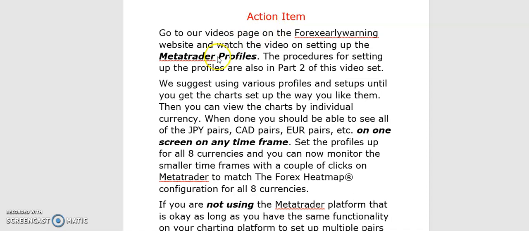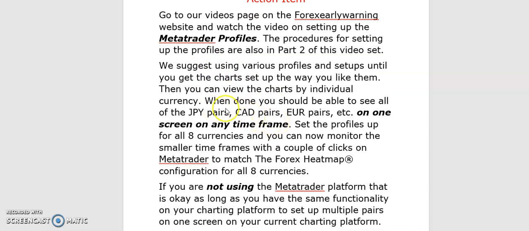So here's your action item. Set up the Metatrader profiles by individual currency for the small time frames and the large time frames for all the currencies. You can go to the video on our website about setting up the Metatrader profiles, or you can just continue to watch this video and we'll show you how to do it. We've already shown you some examples for the Canadian dollars. When you're done, you'll be able to see all of the currencies that we trade, all 8 currencies, but 7 charts on one screen, small time frame or large time frame, and you'll be able to click through them very fast with the Metatrader